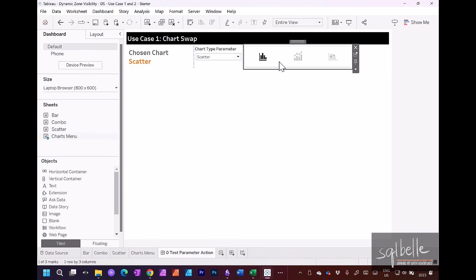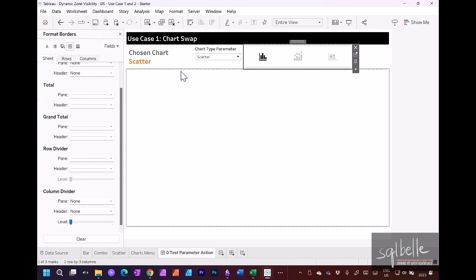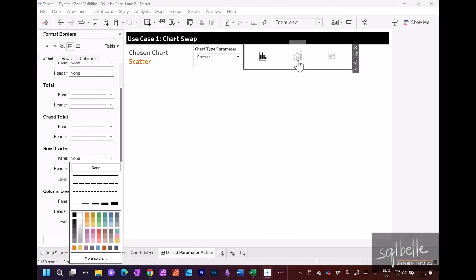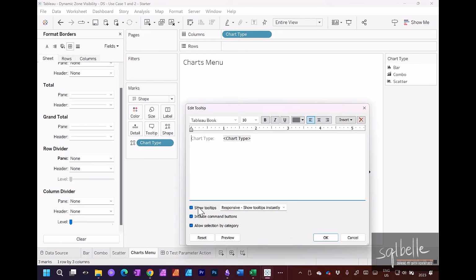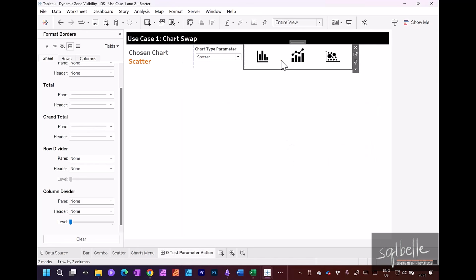And let's remove the border for this worksheet. So under Format, Borders, and remove the row divider. I'm just going to resize the icons as well. So go to worksheet, resize the icons, and let's remove the tooltip. Okay, so now that we have our icons, the next thing we're going to do is set